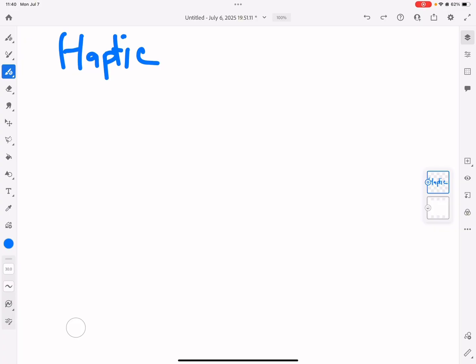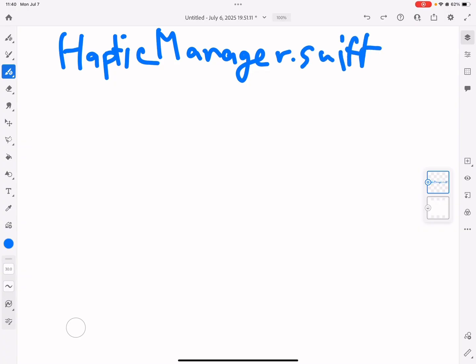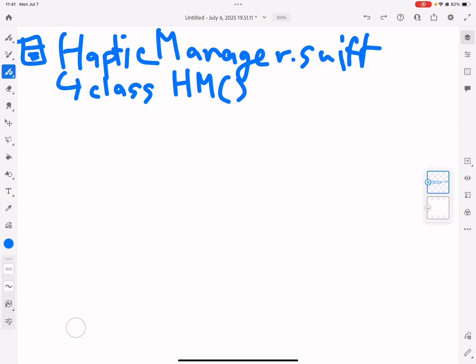The common way to do this in Swift is to have a file called haptic manager.swift. That is the common way to implement haptics. This is a file. That's a very bad file icon. And your code for the haptics will live in a class. So inside this file, code would be like class HapticManager, and then